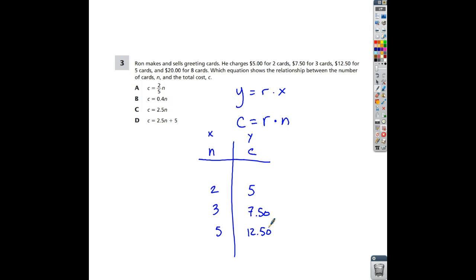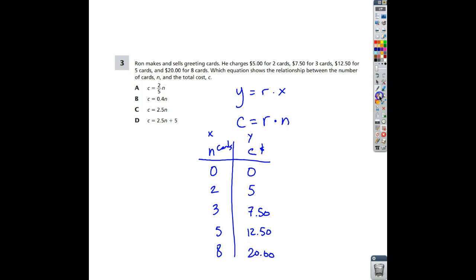And 8 cards is $20. Okay, cost in dollars. This is cards. Okay. So first, if I plug in 0, 0, does this thing look like it works pretty well? And I would say yes, because let's see, if it's 5 for 2, okay, so 5 for every 2, if I go to 8 here, right, so 20, well, let's just find the unit